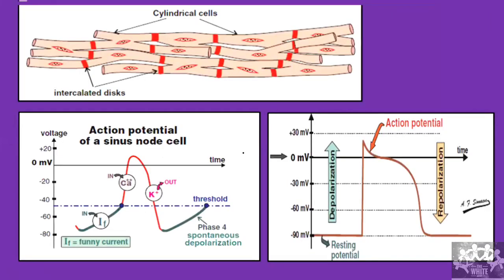Once the impulse comes here, we have in the heart something called an intercalated disc. These intercalated discs have gap junctions. These gap junctions are electrical windows between the muscular cells that help in a faster conduction of the impulse. These gap junctions are made of a protein called connexon. I'll show it later. That is how the impulse from one cell transmits to the other cell via the intercalated disc. The intercalated disc is a unique feature of the cardiac myocyte.